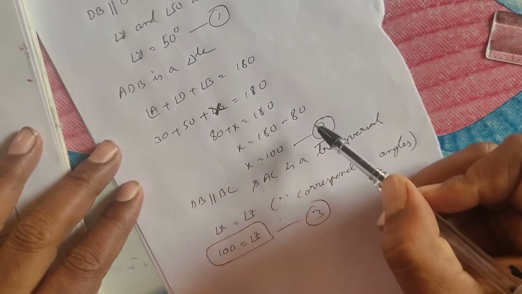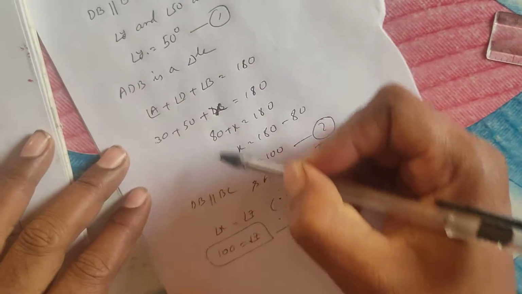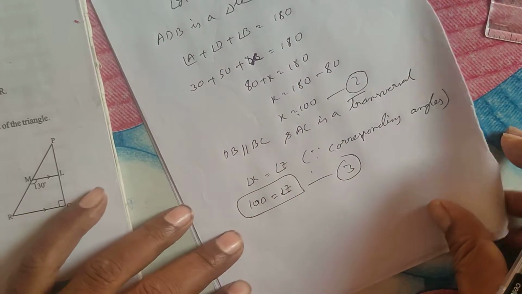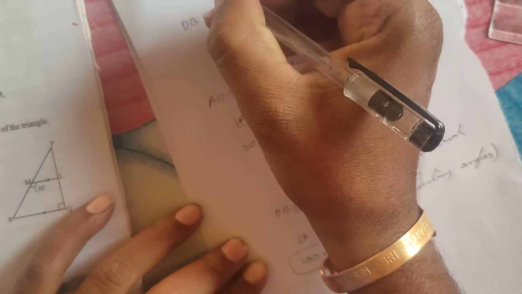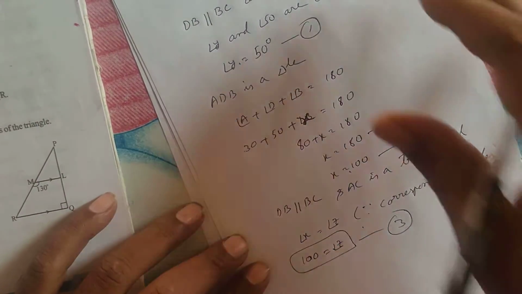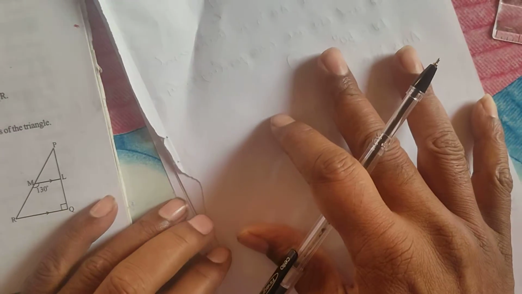So you got the values of X, Y and Z. We found them. Okay. Like this you should do the remaining ones. Next, the 8th question. If you see, it is the 7th question, no, the 8th question. Okay. So if you go to the 8th question, we'll see what he has given here.